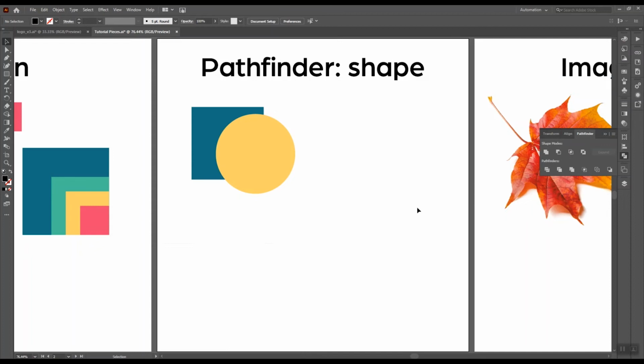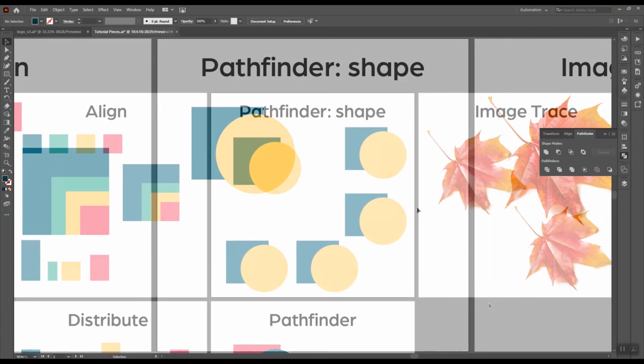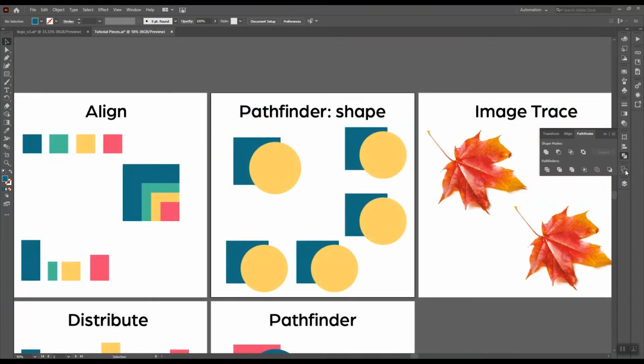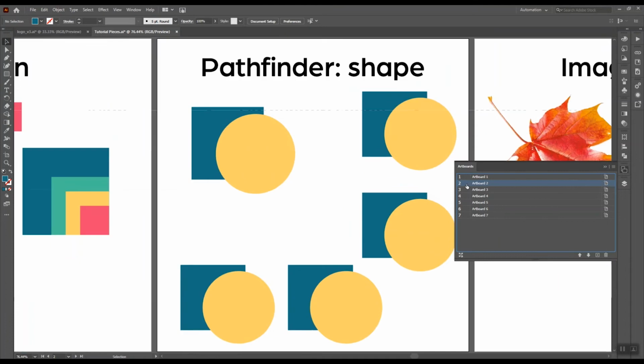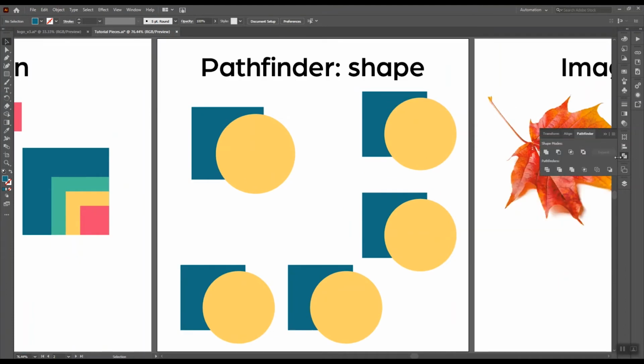Basically what Pathfinder does is it lets us manipulate two or more objects and use the different shapes in collaboration with one another. So I'll arrange a series of shapes here that we can test it out on, and we'll start with the shape modes. Alright, so select both objects, and then